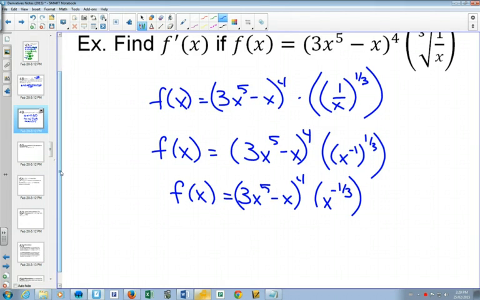Now looking at what I have right now, if I put a dot right here in between those two functions, that's going to mean I'm going to need to use my product rule. And then looking at each thing individually, the one on the right, now that we've changed it, is an easy thing to do the derivative of. The one on the left, can you see that it has a chain rule? That there's a function inside of a function. But that's not going to be too bad either. So we're going to do